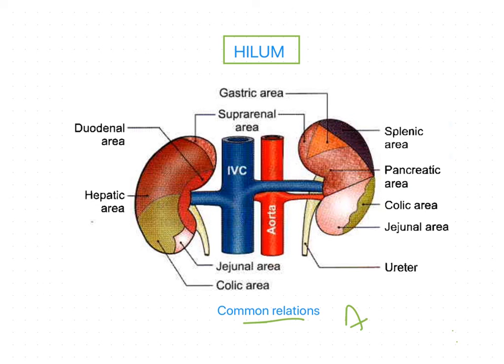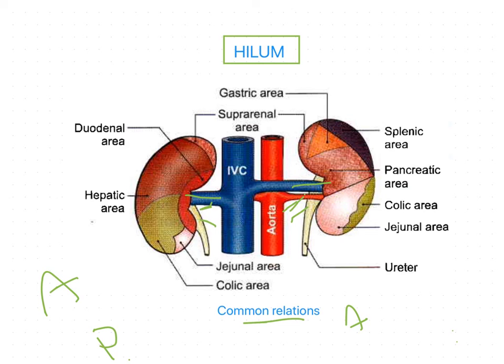From anterior to posterior, anteriorly you can find the renal vein, and next behind the renal vein you can find the renal artery. Okay, so here below this you can find the renal artery, and behind, that is most posterior, you can find the pelvis of the ureter. So these are the three structures related at the hilum region, whereas the branches of the renal artery have